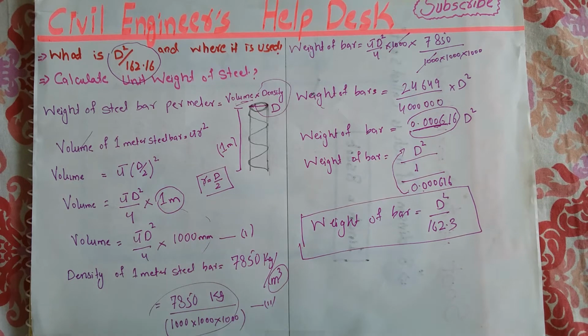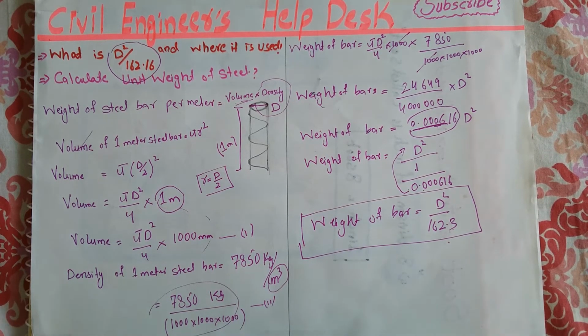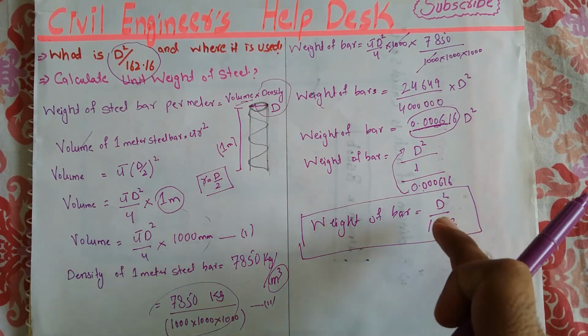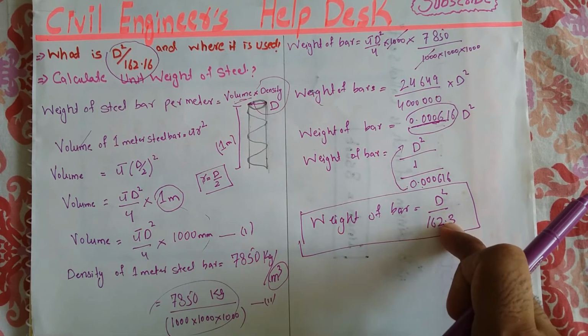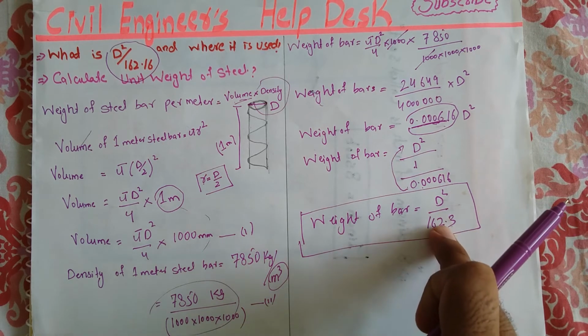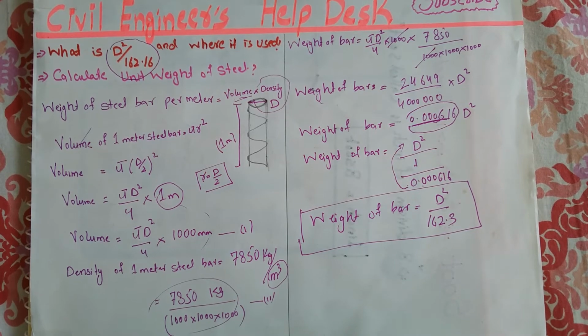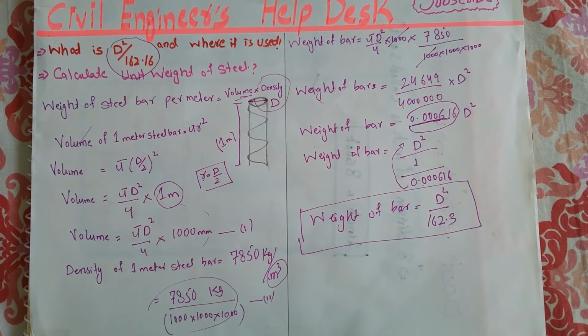If you are working on a structure and you need steel for it, how will you calculate the steel? First of all, you will go to the drawing and calculate all lengths. After the lengths, you will use this formula, and you will calculate the weight of steel required for your construction in kg or ton.